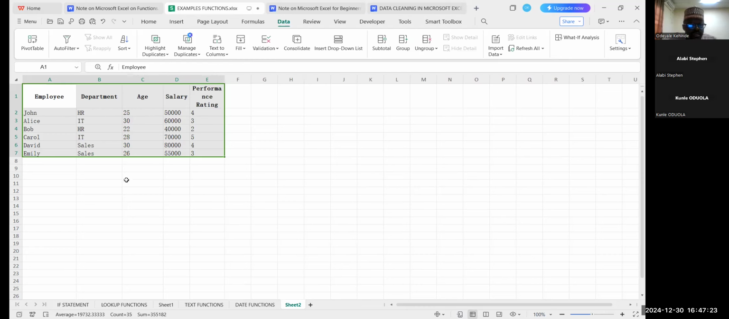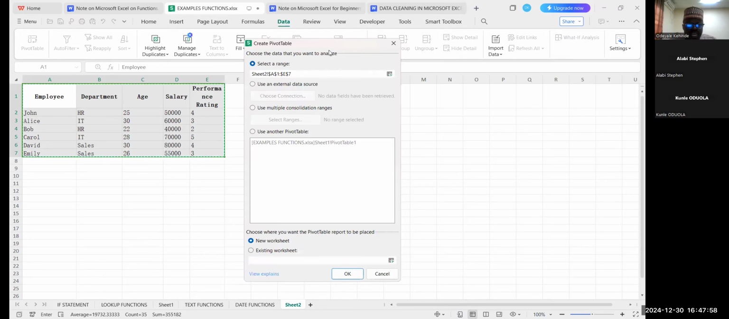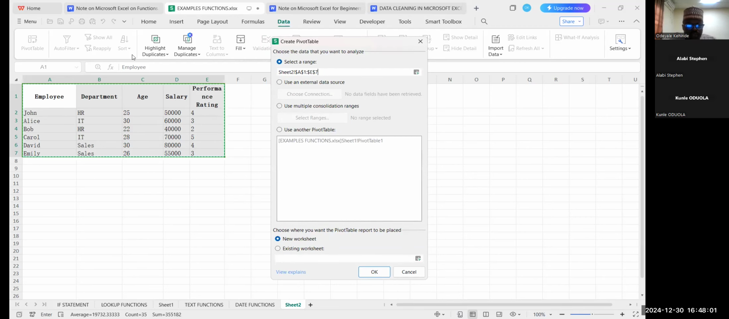that data set. To do that, you go to the Data menu on Microsoft Excel, then you click on pivot table. If you are using another version of Microsoft Excel, you may have pivot table under Insert, but it is mostly present on the Data menu. So you click on pivot table. This dialog box will show immediately